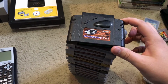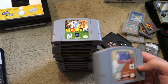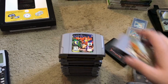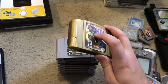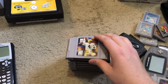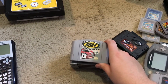So I got a Game Shark Pro. I'll go for a 25. Most of these are sports games, but NBA Courtside, which is not on Amazon, which is annoying. Glover, Star Wars Racer, Banjo-Kazooie, kind of a beat up copy of Majora's Mask. I actually had to tape it back together. NFL Blitz 2001, NFL Quarterback Club 99, Rally Challenge 2000, A Bug's Life, Ridge Racer 64, which says it has a